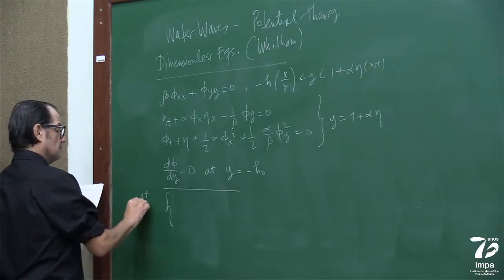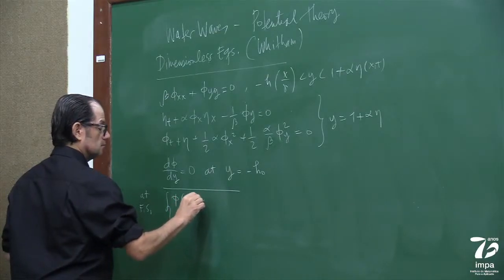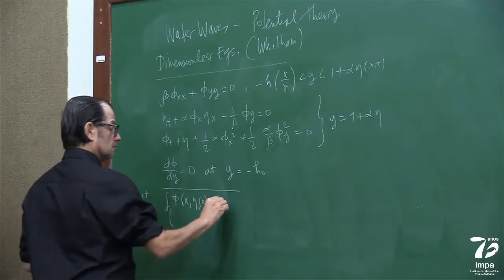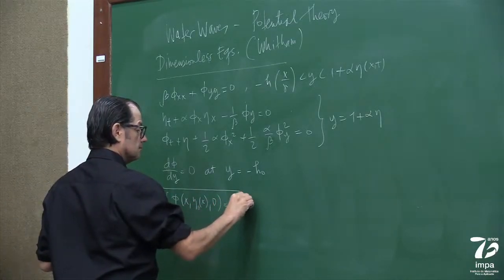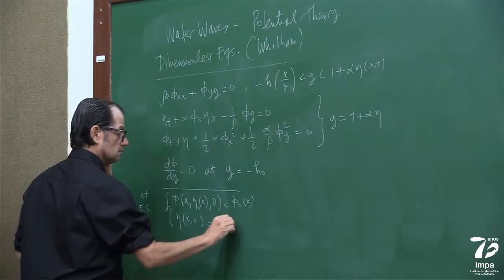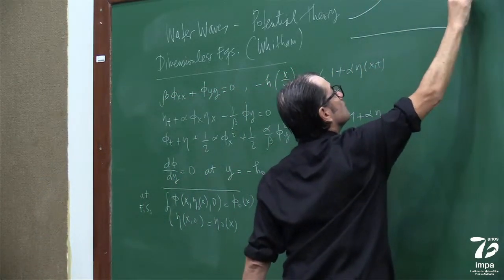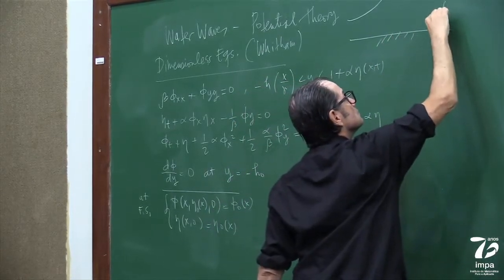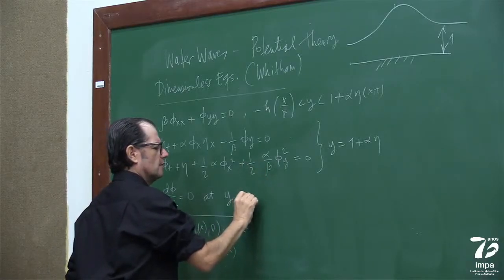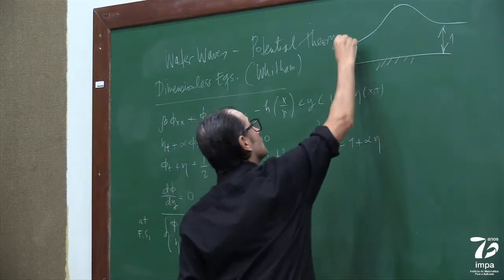So I put it like this, at free surface, this is 1, so this is wrong, right? I forgot I had already nondimensionalized. Minus 1. Okay, we have a